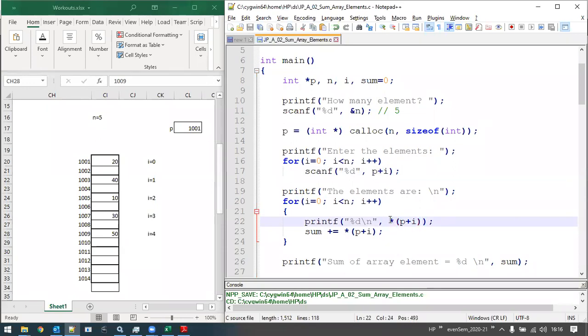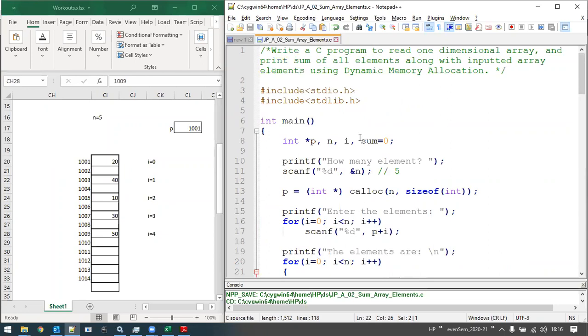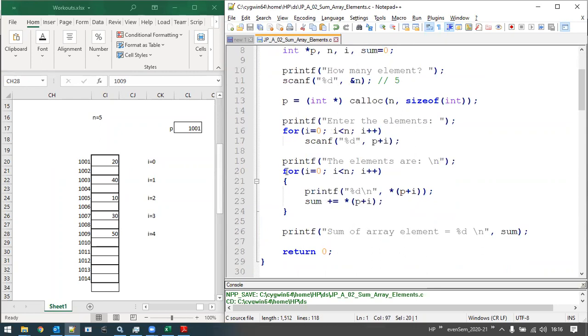So this asterisk gives us the value located at this memory location. As the program states, we need to print the sum along with the inputted array elements. Both things are done in a single for loop. We display every element, and every time we display, we keep adding to the sum. So this is the shorthand notation, students.